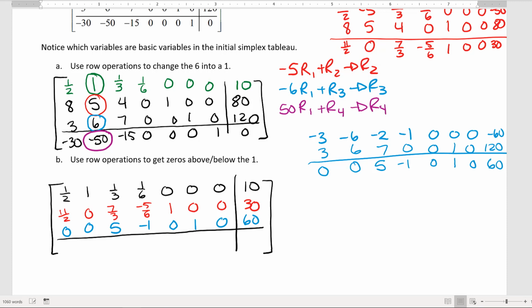And then my third one is going to be in purple. So that's positive 50 times my first row. So that's going to be 50 times 1/2 is 25. 50 times 1 is 50. 50 times 1/3 is 50/3. 50 times 1/6 is 50/6. 50 times 0 is 0. That's 3 times. And then 50 times 10 is 500. Underneath, I'm going to put my row 4,